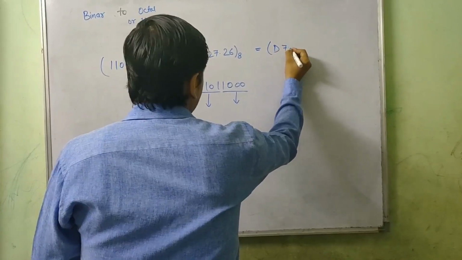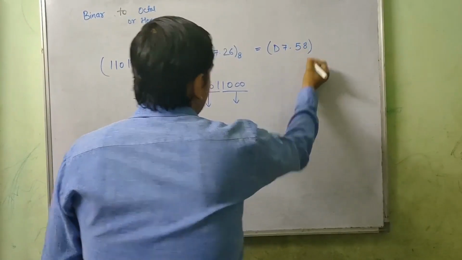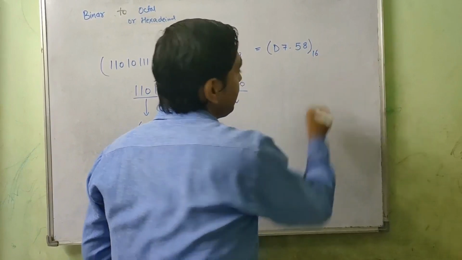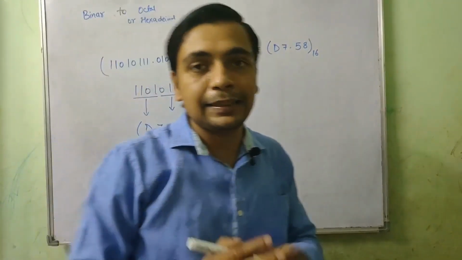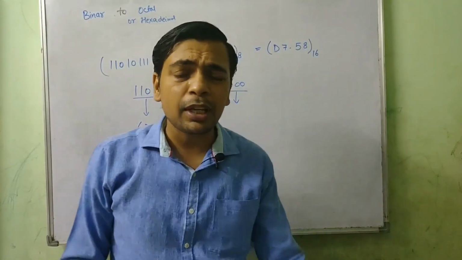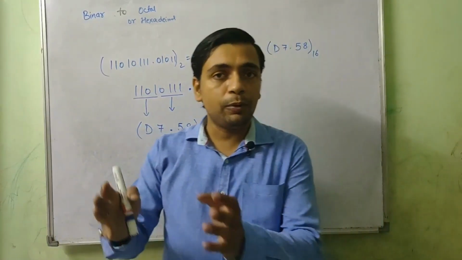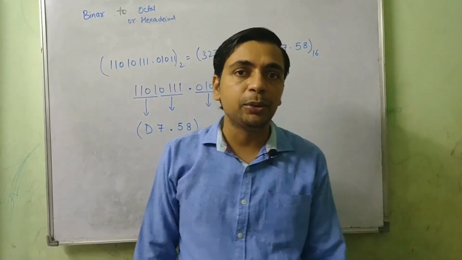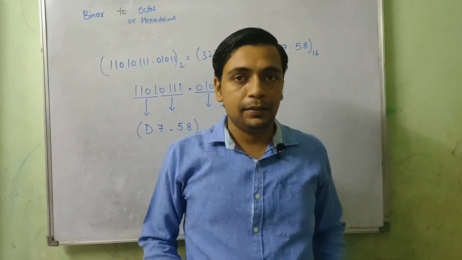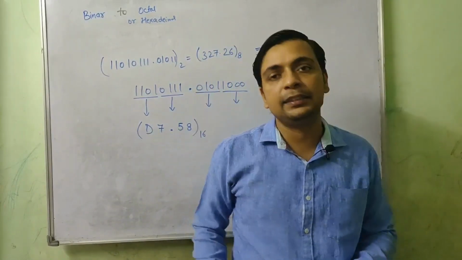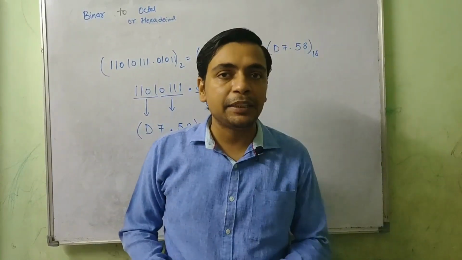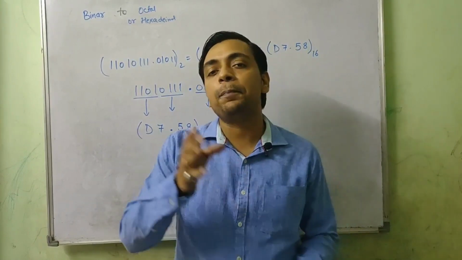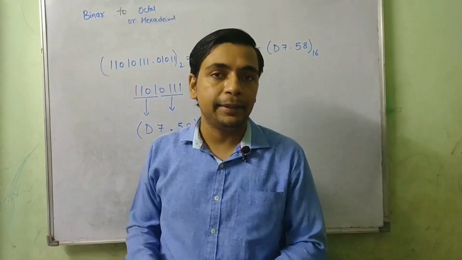Now the next and the last conversion of the syllabus is one I am not doing. You will realize why. The last conversion is converting octal into hexadecimal and hexadecimal into octal, and it's very easy. If you want to convert octal into hexadecimal, simply convert octal into binary with a 3-bit binary for each digit. Once the binary number is formed, form groups of 4 in the binary.